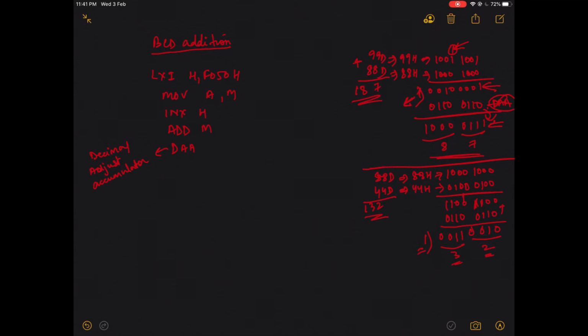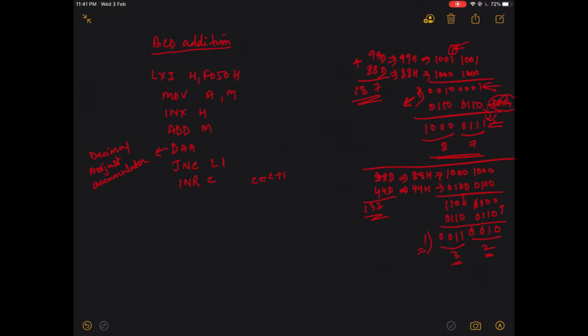Next I'll check on the carry, because my carry is also very important. Like in the first example, also in the second example, the carry is important. So I'll take an instruction called jump on no carry to L1. If there's no carry, it means the result is okay. But if there's a carry, I'll increment register C. When you increment register C, C plus 1 is stored in C.